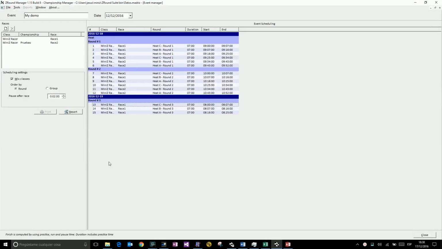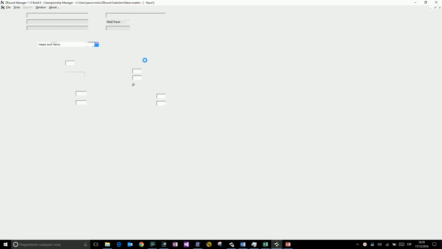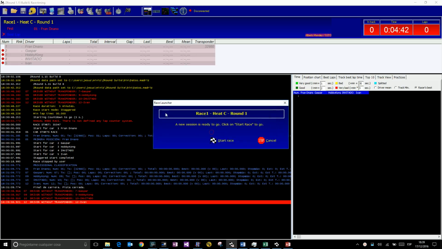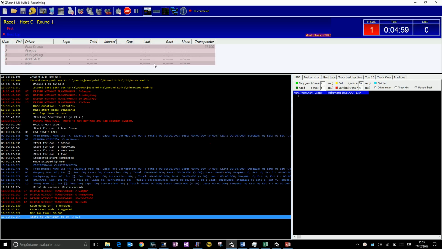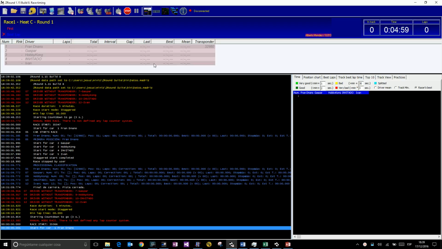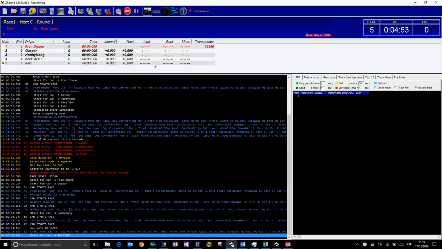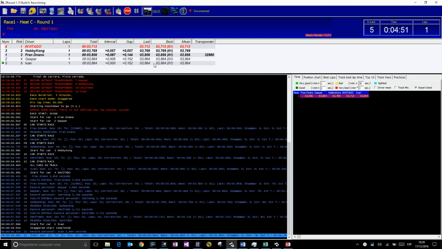And finally, you can start races from this scheduling. Just click on the race you want to start, click on start, and the race manager will be open with this race. Start the race. I am simulating the race. Stop the race,